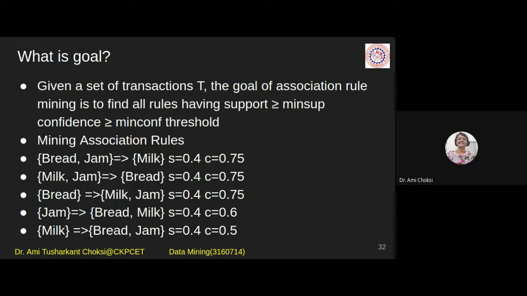No, what I have said is wrong. What we should say is, if we want to find the confidence of this rule, then the union of this and this should be there. So support count of bread, jam and milk, the union of all these three, divided by support count of bread and jam. Right? Because two items are there before the implication sign, so we need to consider two. Fine?